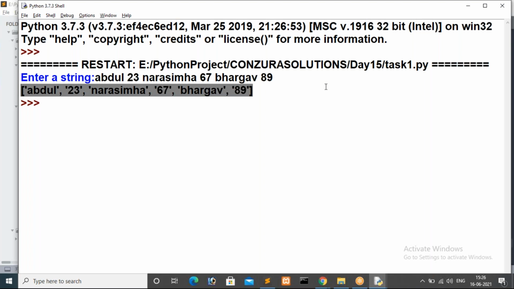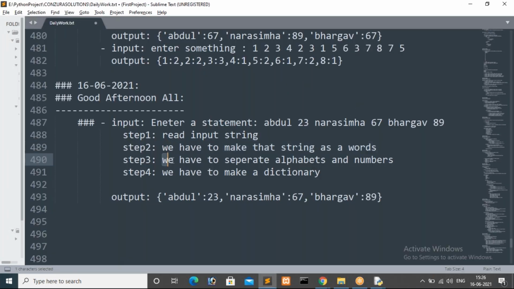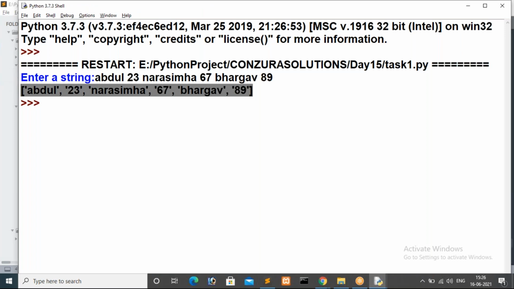Now what is the third step? We have to separate alphabets and numbers. How many alphabets do we have in this list, and how many digits? 3 alphabet words and 3 numbers. So we have to separate them. For storing a single value we go with a variable, but now we have more than one value.